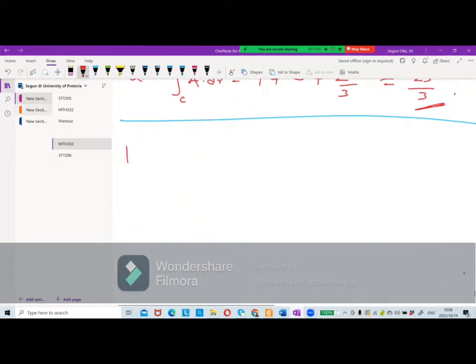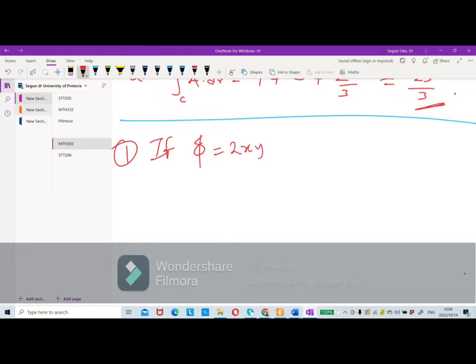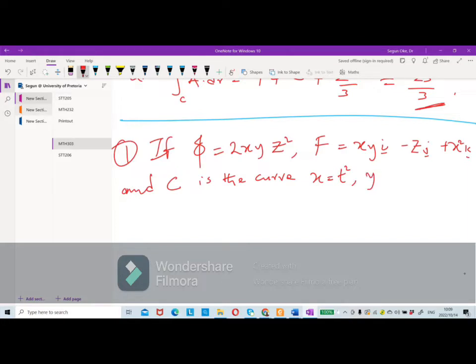Number one, if phi is equal to 2xyz squared and F is equal to xy i minus z j plus x squared k, and C is the curve x is equal to t squared, y is equal to 2t, z is equal to t cubed, from t equals 0 to t equals 1,